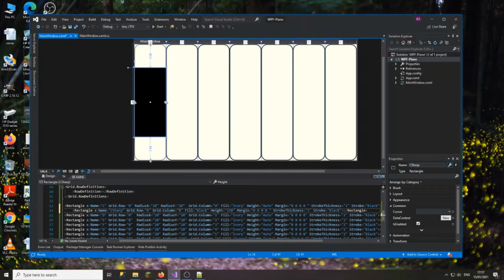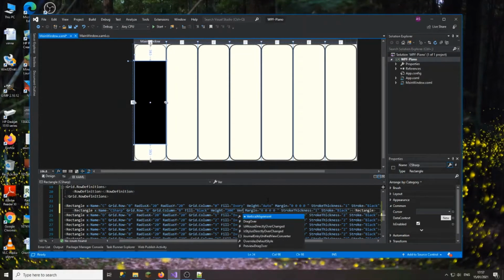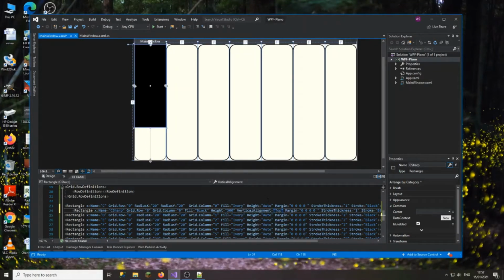Didn't seem to change anything. 350. Okay, let's put 300, and this is aligned at the center by default, so we need to change the alignment to top. Okay, and let's put a margin here. Let's put left margin 20, so it goes there. Let's try 40. Okay, yeah, it's coming there, but the problem is we need it to go in between both